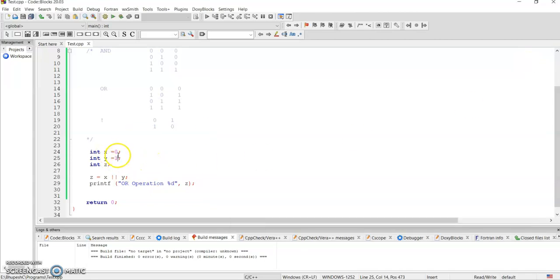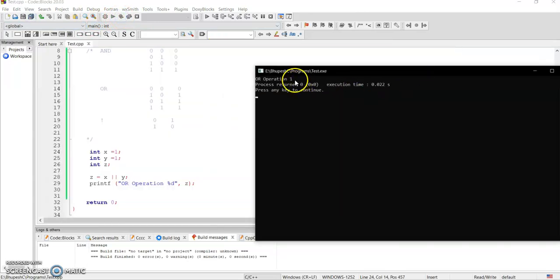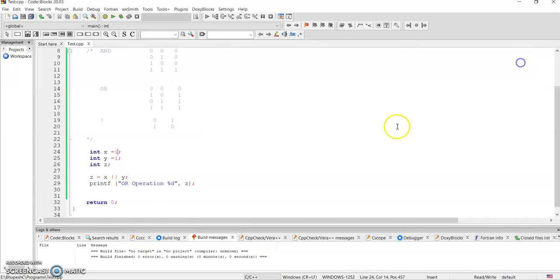Now let me change this to 1. Then execute. OR operation is 1. Right? Yes. So this is clear. So for AND, only when both are 1, true, it is true. And in OR, if any one of them is true, which I'm representing here by 1,